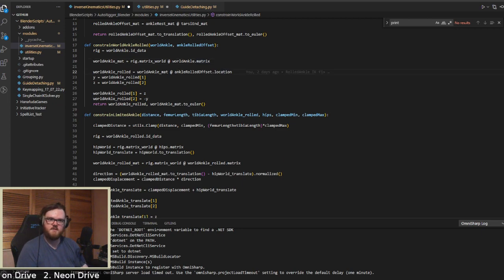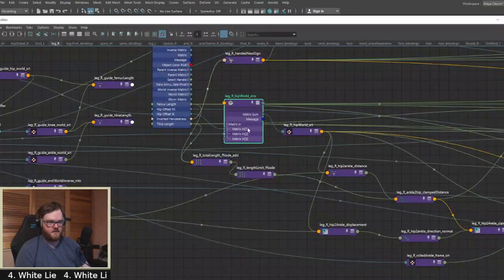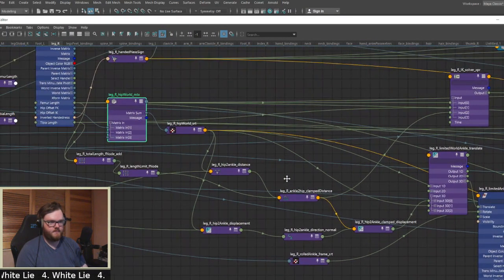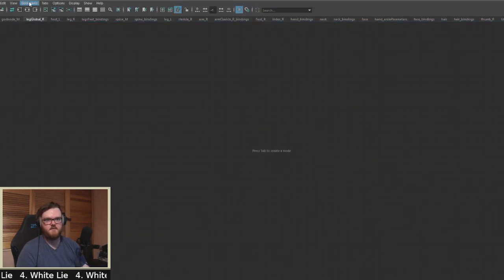Why does that do that? There's probably something in here. Oh, that's in a previous calculation, right? So I can do